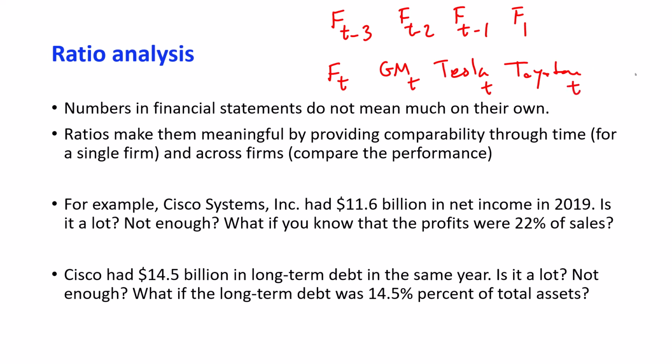Comparing the performance of the same company over time, we call a time series analysis. Or compare the current performance of Ford with other car manufacturers, we call this a cross-sectional